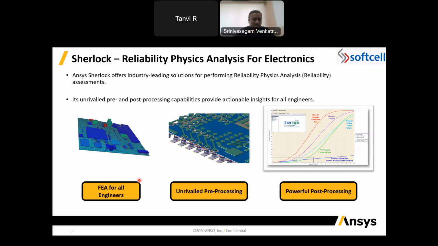The major benefit is that FEA can be used by all engineers. Whatever tool you may be using for the initial PCB design, whether it's Cadence, KiCad, or Allegro, the ODB file is the primary input for the PCB analysis,